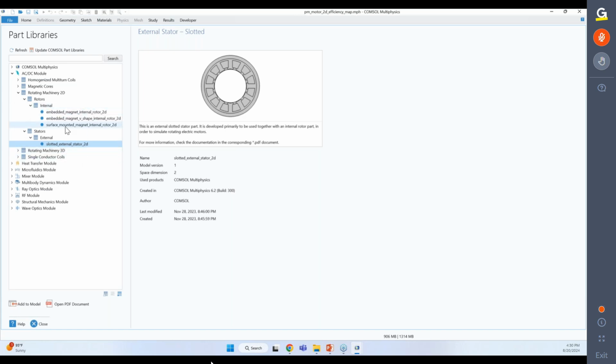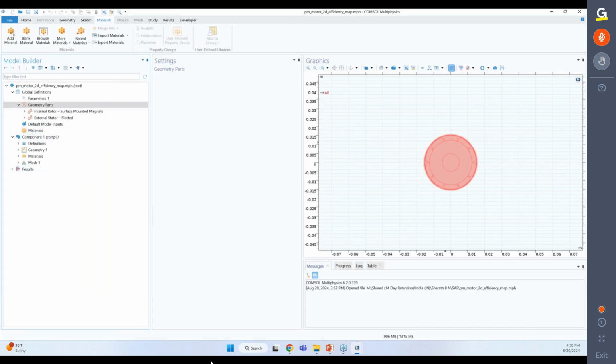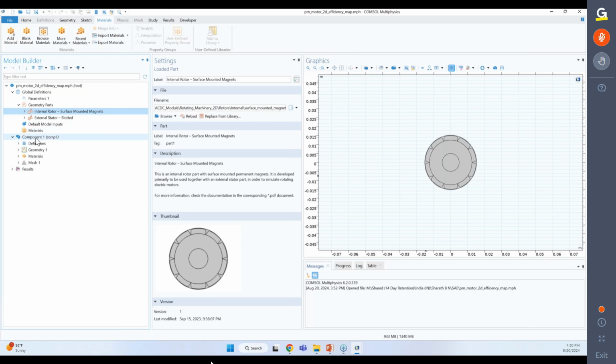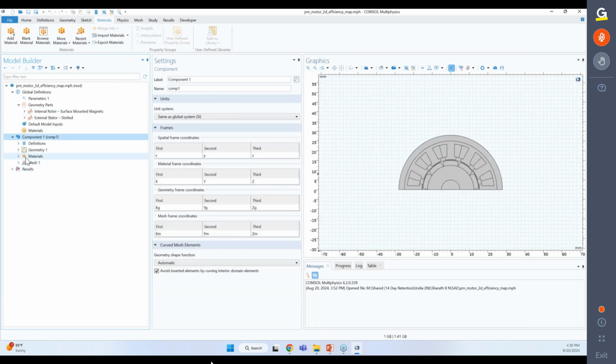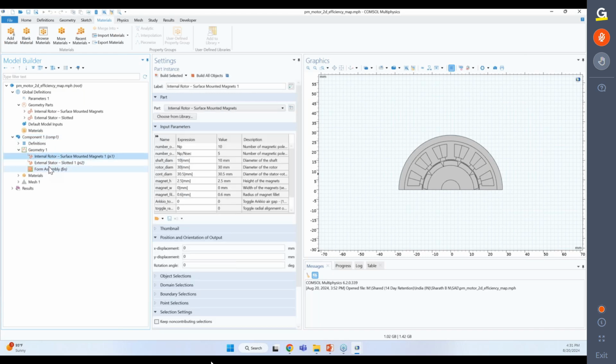Suppose you don't have a ready-made CAD geometry, you can import initially from the part library of COMSOL itself. I have already imported such CAD geometry that is available within the part libraries. Now we'll slowly set up this particular motor model, and we'll explore the various options. If we go to the component itself, and expand on the geometry, I'm importing